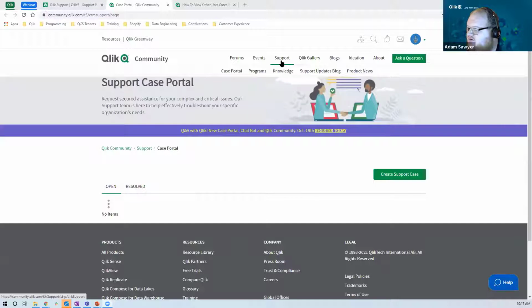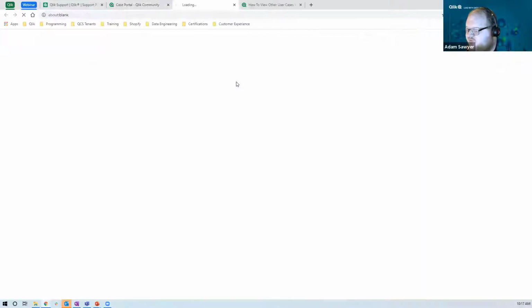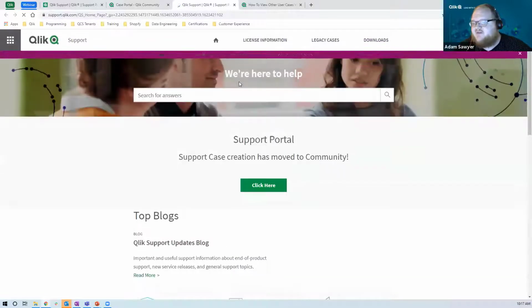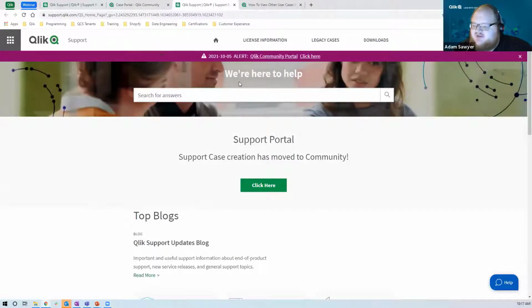And if you are able to see the case portal here, you'll see just a link that says view license or archived cases. As a part of the upgrade, there were certain parts of the system that had to be left in the old system. You may have noticed this: where is the downloads page? I used to be able to check my licenses. And then the aforementioned archived cases. So the old support portal is still out there. If you go to a specific URL, the QS homepage, or any of the other knowledge base articles or subpages, it's still there for you.